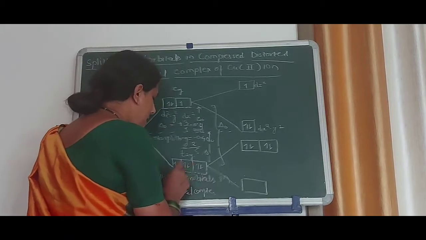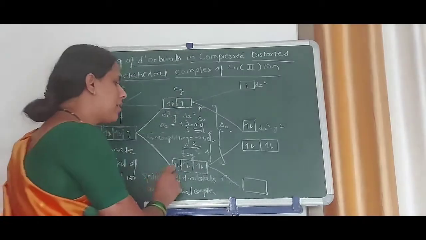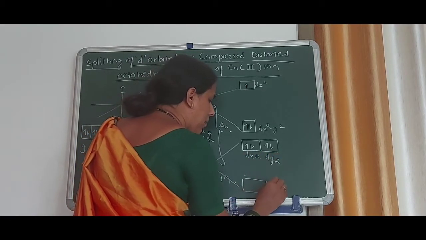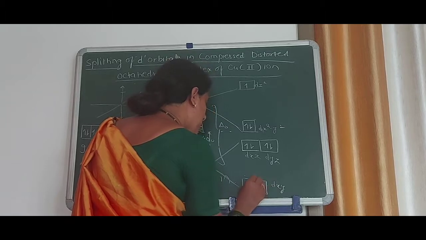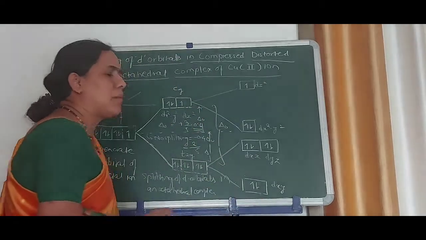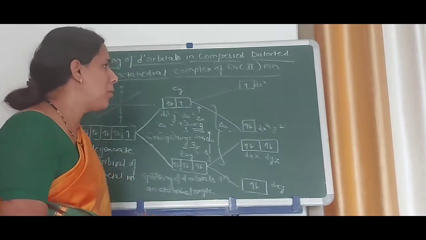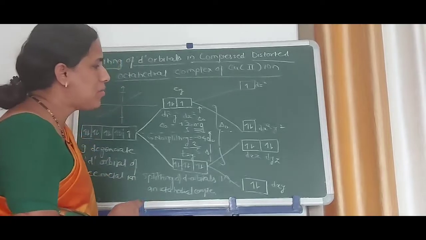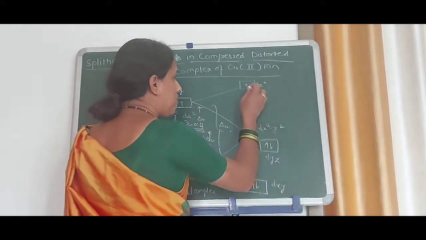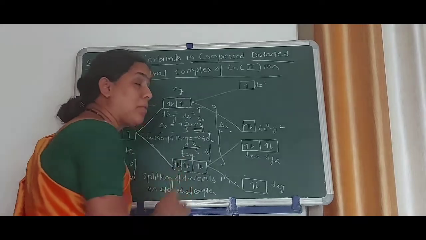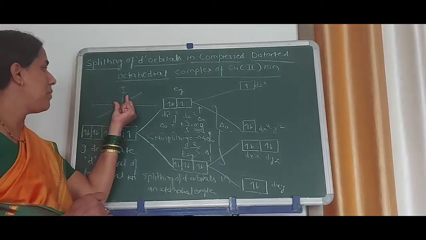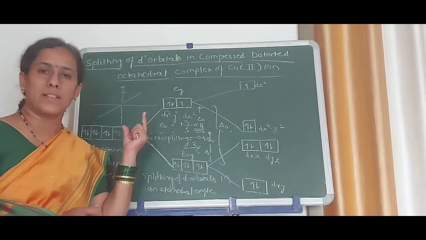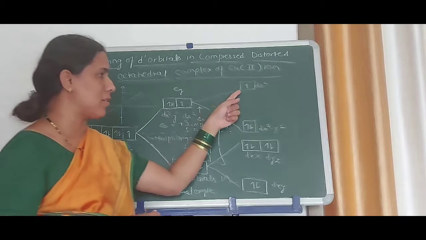In the T2g orbitals along the z axis, which orbitals are here? That is dxz and dyz, and at that time the dxy orbital possesses the lower energy, therefore it takes the position of lower energy. Therefore here is the distribution of the Eg orbitals and T2g orbitals when the distance between the z axis ligands and the central metal ion, in comparison with the x and y axis ligands, is shortened; at that time this condition occurs.